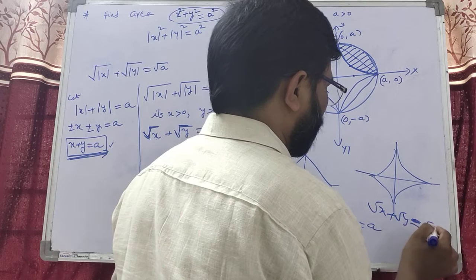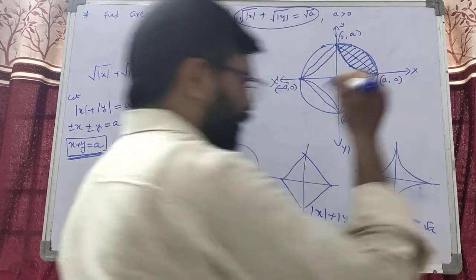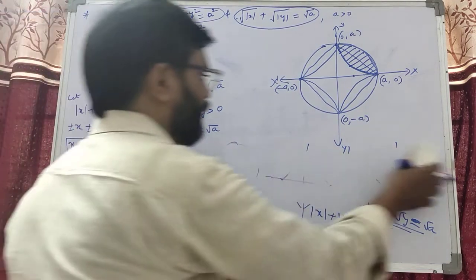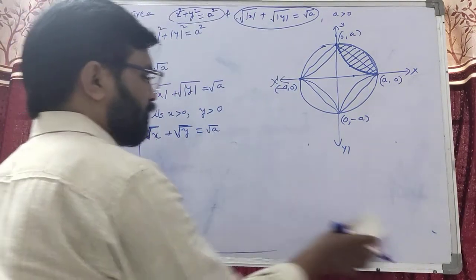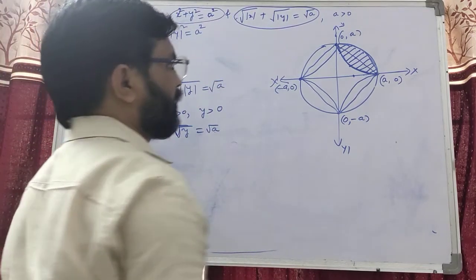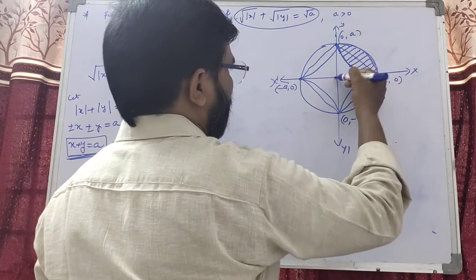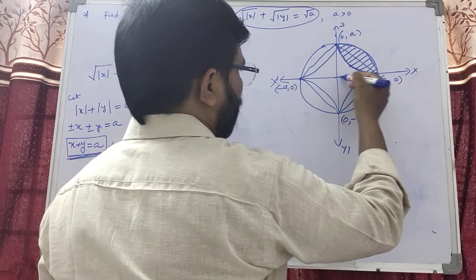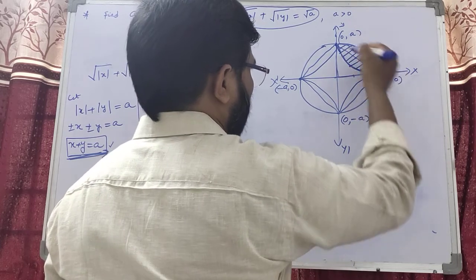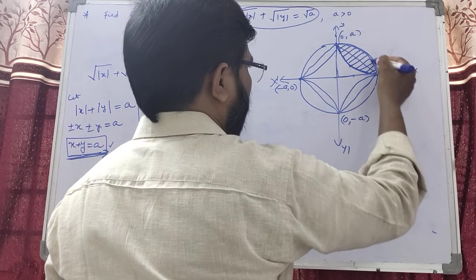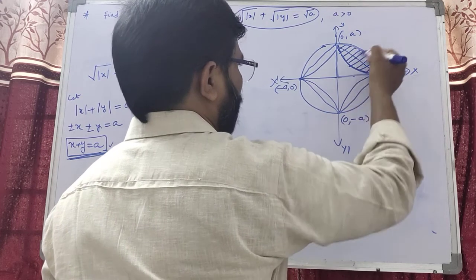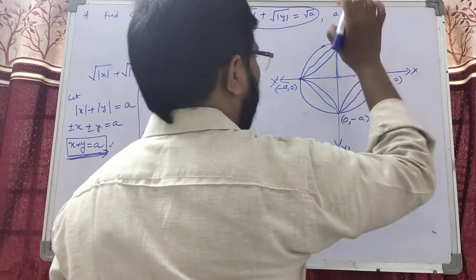So students, when you know this graph, after that you can write it directly. Okay, students, therefore how to find this area? You can simply observe. We have to find the first quadrant area. How to find this one? We have to first find this area. After that, this area, we have to find including the coordinate axes, the y axis and the x axis. First you find this area. Okay, students, this is the first quadrant. After that, we have to find this area. The total minus this, you will get this part's area.